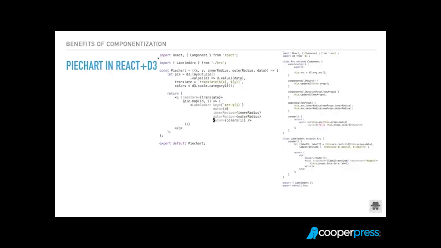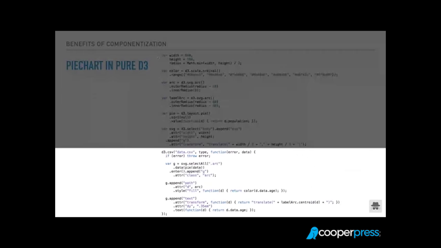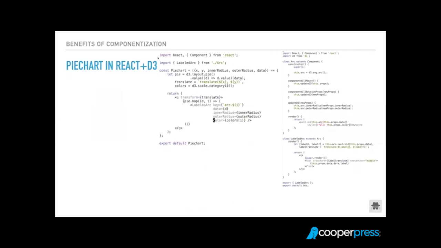And this is a pie chart example I built in React and D3. It's a bit more code, if you look at it, sort of. And I've taken out a lot of the surrounding code, like the parent component that renders this and things like that. And honestly, it still looks a bit like magic. But on the left, you can see that you have a pie chart component that creates a pie chart. If you look at its render method, its return statement in the middle, you see that it's just a list of labeled